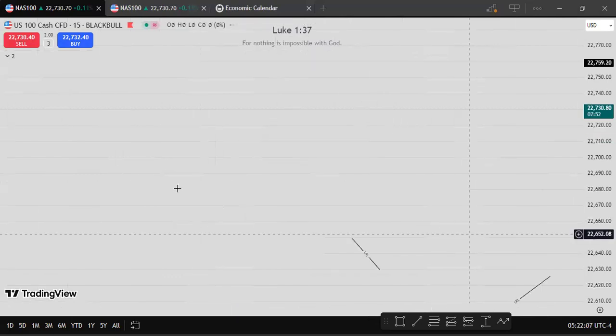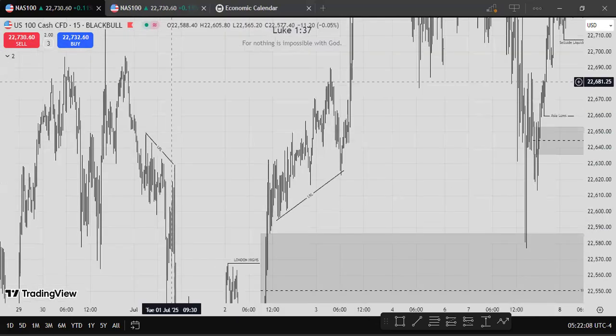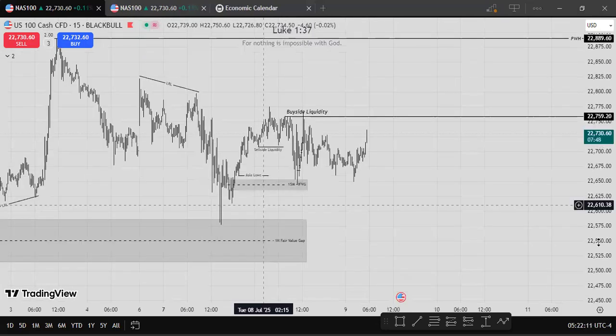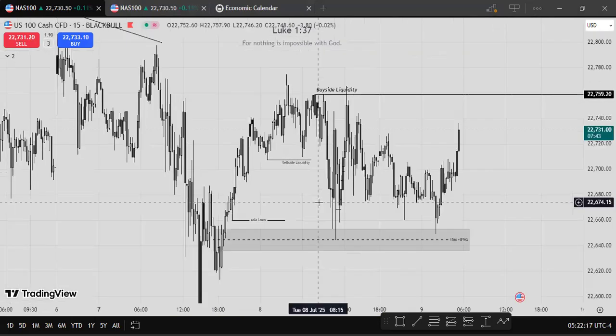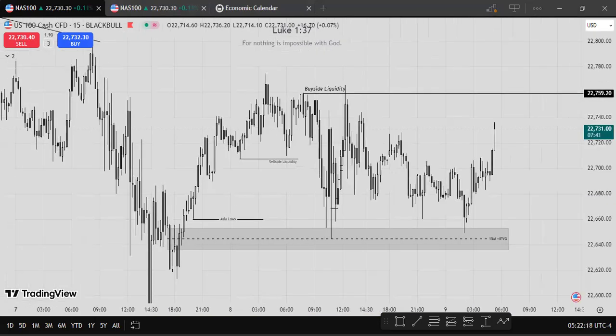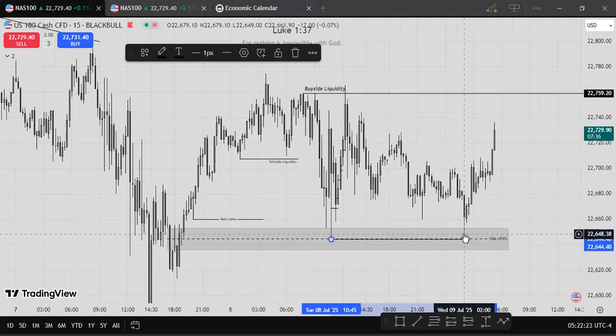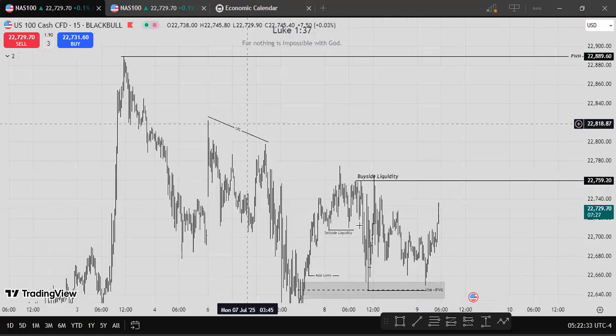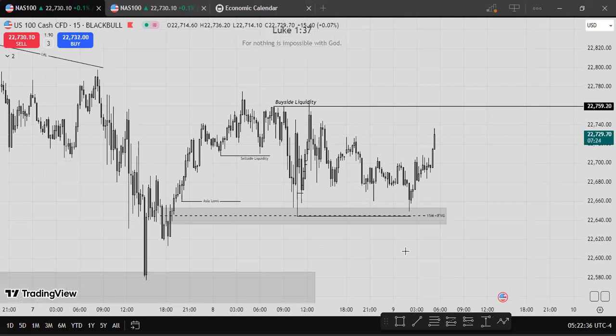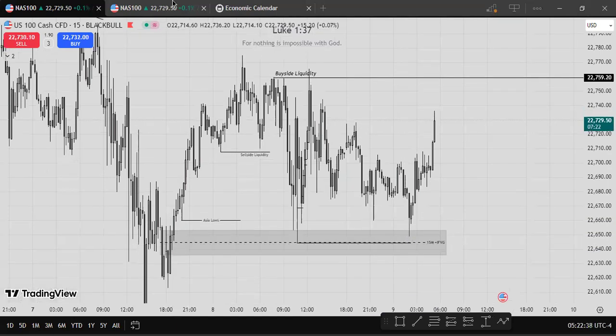So, looking at what I wanna see happen for today, we can see that we have this 15-minute inverse here, and then we have this low that we created yesterday and this low from today. So if we turtle soup this inside this fair value gap, I would be looking for buyers. I would continue to be looking for buyers to see higher prices. But then we didn't turtle soup this low.